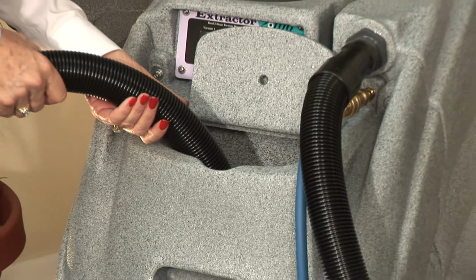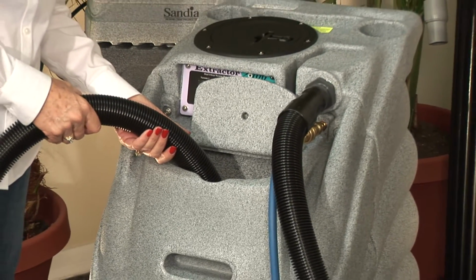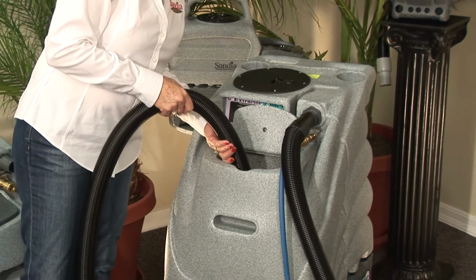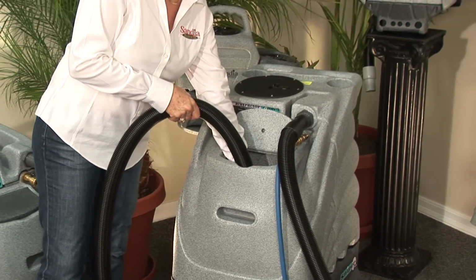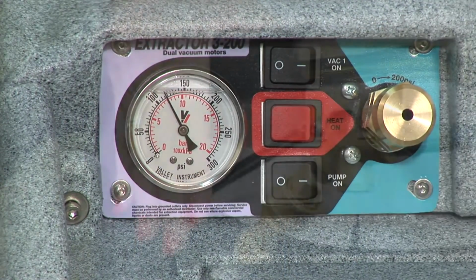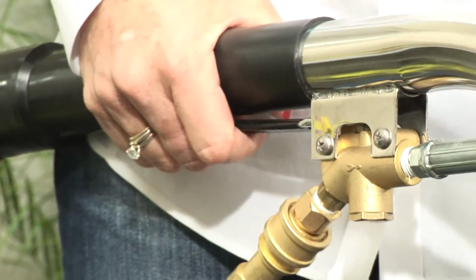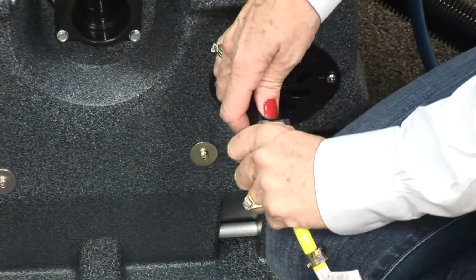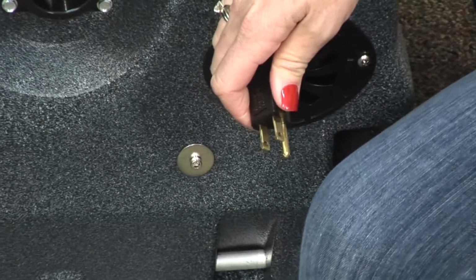To eliminate any chemical buildup in the pump lines and wand, take 1 gallon of clean water, put it in the solution tank, and run it through your system. Turn off the vacuum motors and release the pressure from the wand by squeezing the handle before you disconnect the hose from the machine. Go to the back of the machine to unplug the power cords